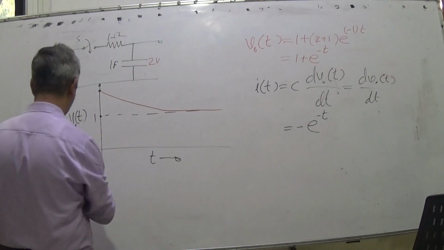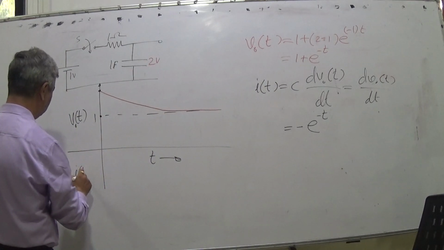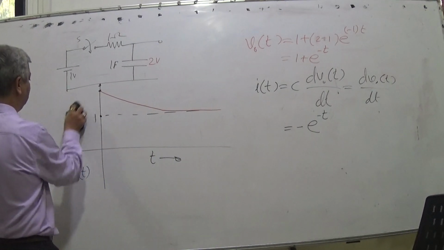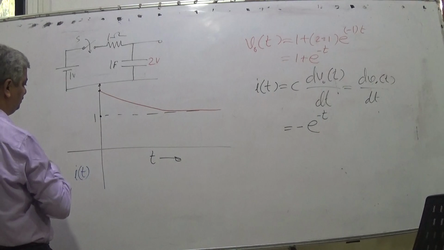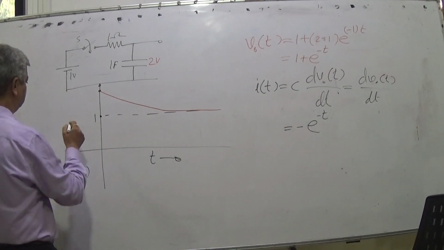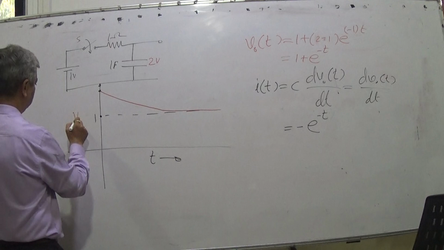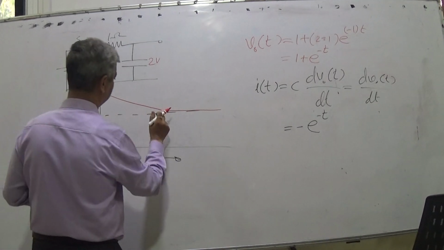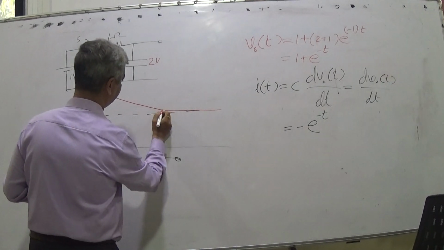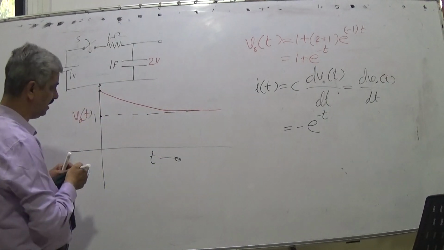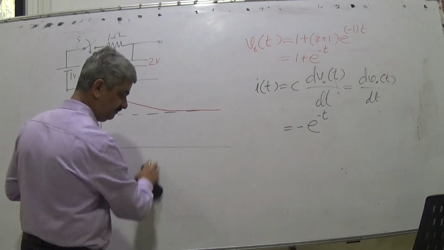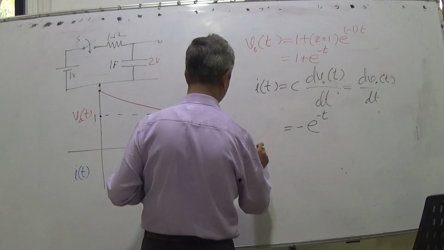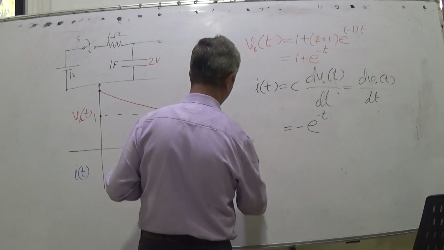This, if I plot IT by this blue ink, and this VOT I have plotted already by red ink, so you can have both graphs on the same sheet. Red line tells you VOT. This is something which is very rapid. And blue line, I am putting t equals 0 here.